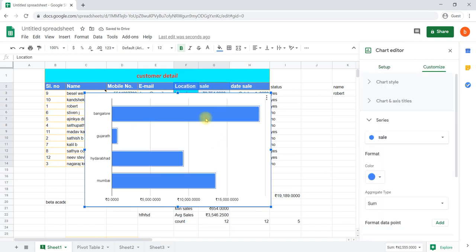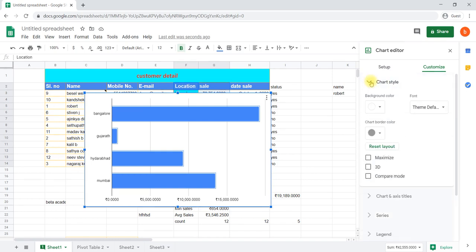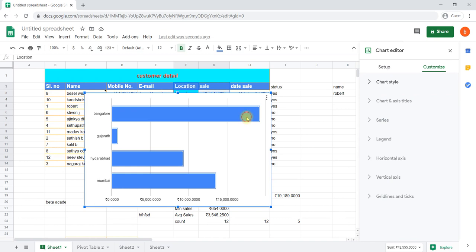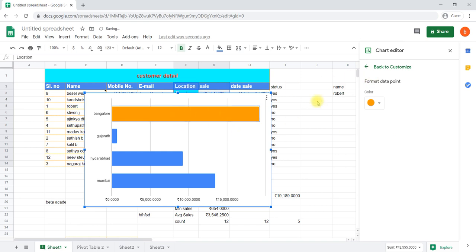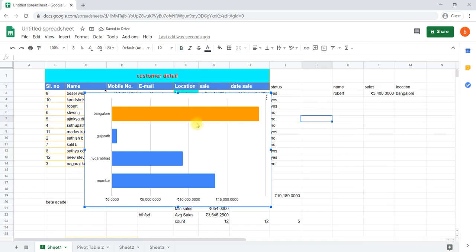And you can change the chart color also here. You can see here, this is the chart style. You can change the chart format and select the color, and you can change the color of that particular bar also.